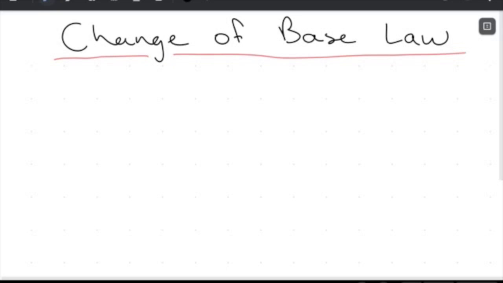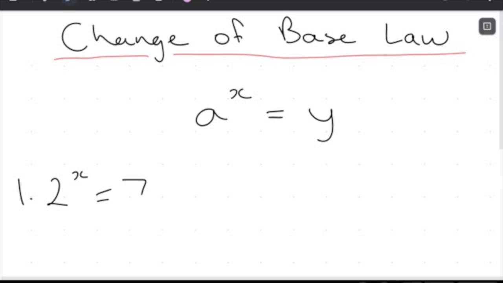So let's just look at some regular equation to talk about our change of base law. If we say, for example, some number a to the power of x equals y, now this is very tricky to solve. Let's just pick two arbitrary numbers. So 2 to the power of x equals 7. What's hard here is that we don't know a power of x that produces 7 as an answer when you take 2 to the power of it. So we're going to find an approximation using what we call the change of base